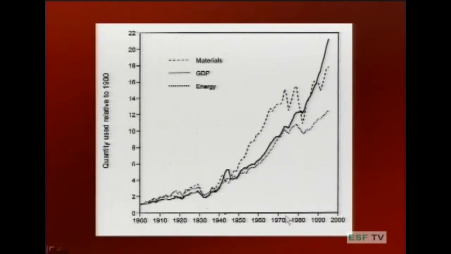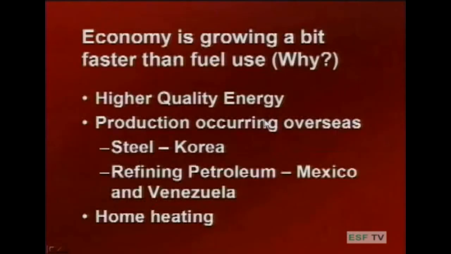So look at this graph. This shows over time GDP rising again and energy. Now, a lot of people have made a big deal about what we've seen in the last 20, 30 years when it comes to energy use and GDP. You see how it's kind of diverged here, and a lot of people have pointed this out and said, look, we're becoming more efficient. We don't rely on energy as much because they're not tracking together. But this is really kind of an artifact of some other policies that have occurred. Okay, what's going on? Why is the economy growing a bit faster than fuel use?